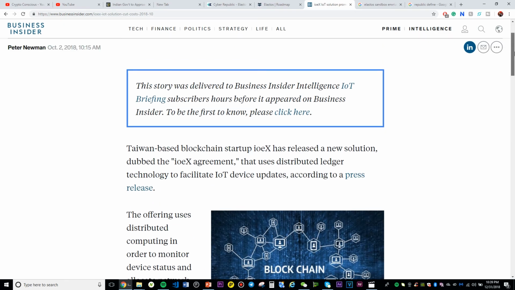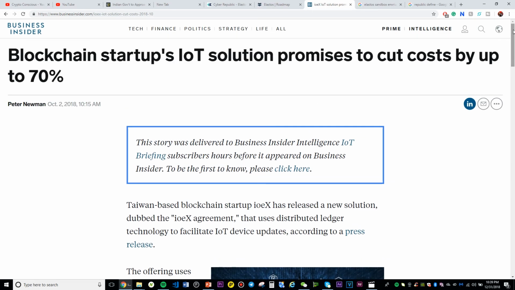This is just a simplistic overview of Elastos. I will go more in depth. But guys, pay attention to things like this. You really have to analyze things, because this would be a main shilling point. A YouTuber would say, hey man, this coin can save IoT companies 70%. That would be the main shilling point, and average viewers would be like, okay, yeah, go blockchain. But you really have to analyze things.